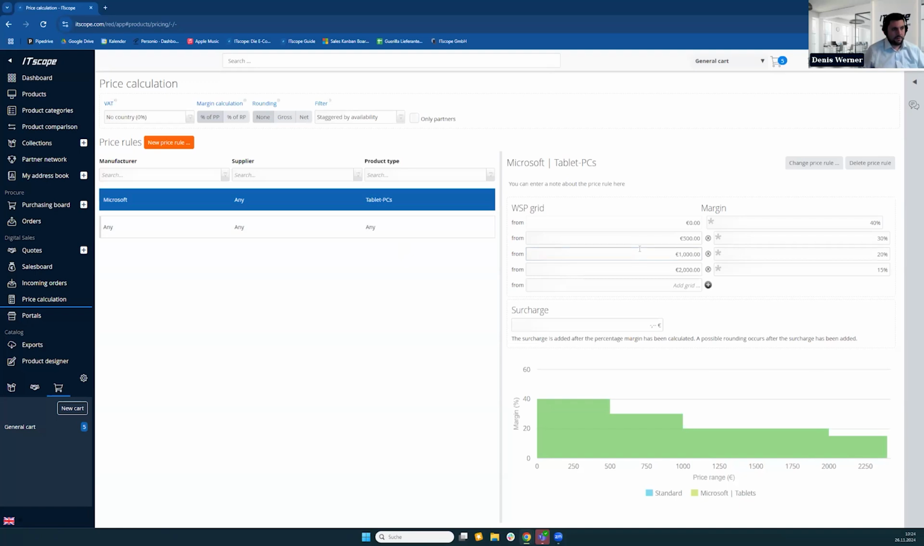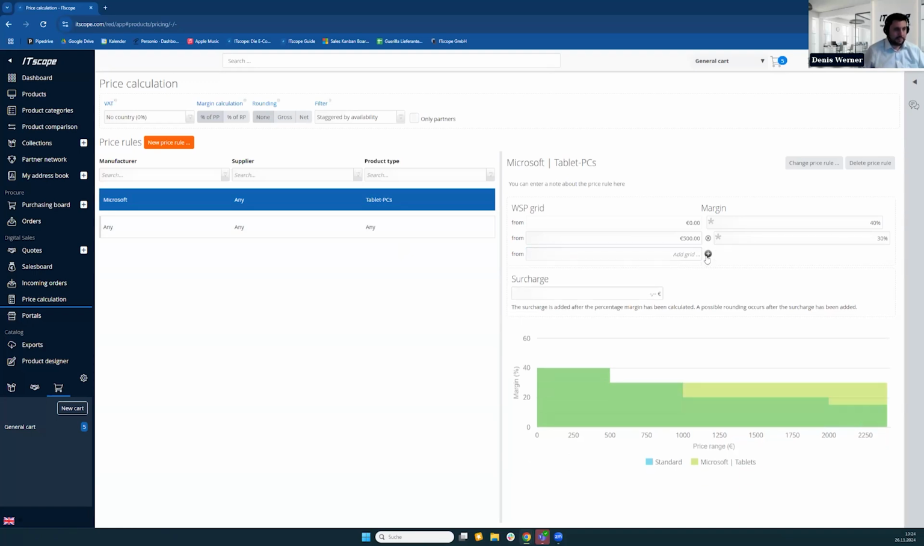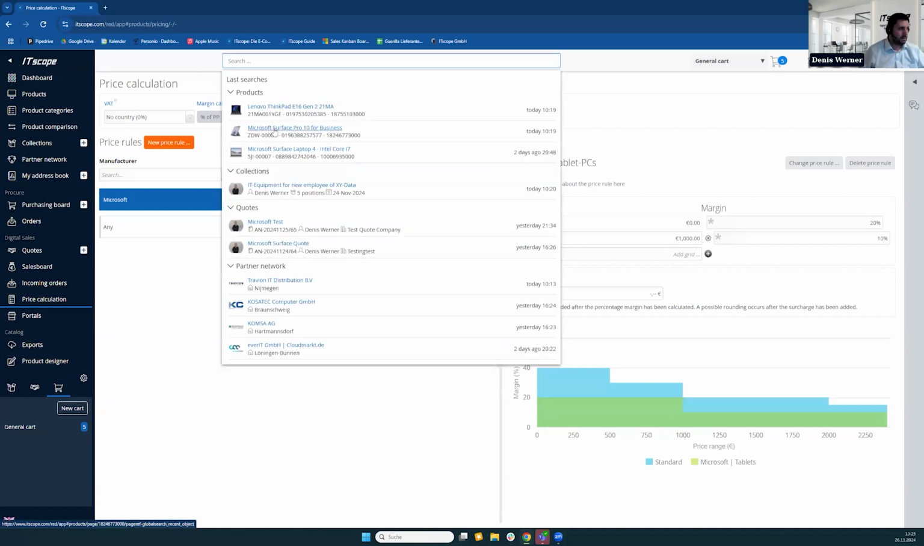And now I can make a different price calculation for the tablet. It doesn't always have to be 3 price steps. You can say from €1,000, for example, you want to have another margin. So I make it here from €0, 20% margin, and from €1,000, 10% margin. And that is how you can define it. You can have several different price rules over here. And then I will go to the item page again